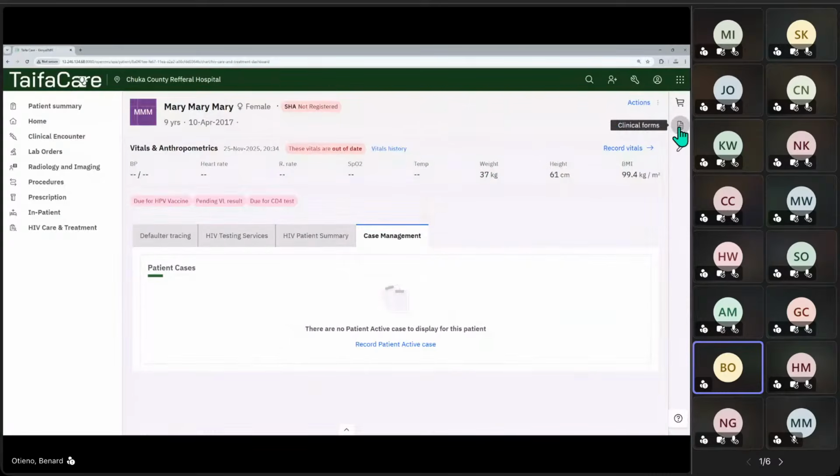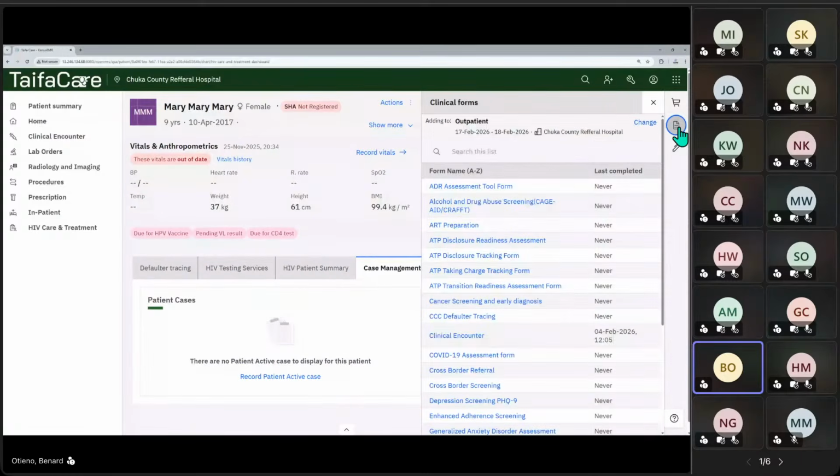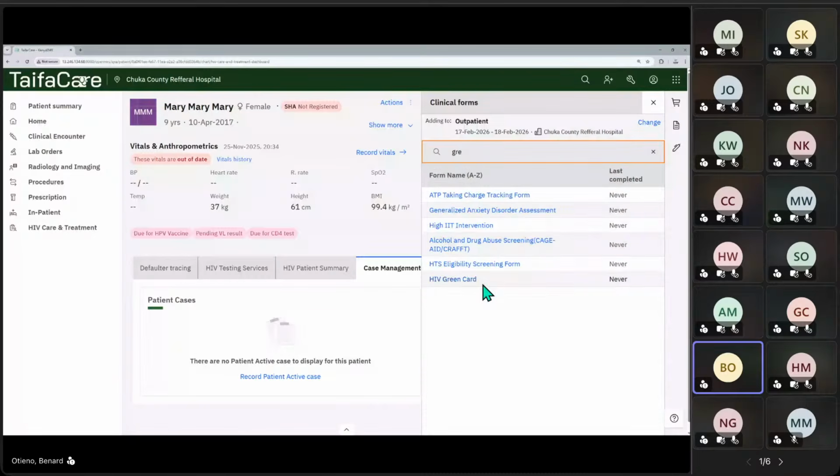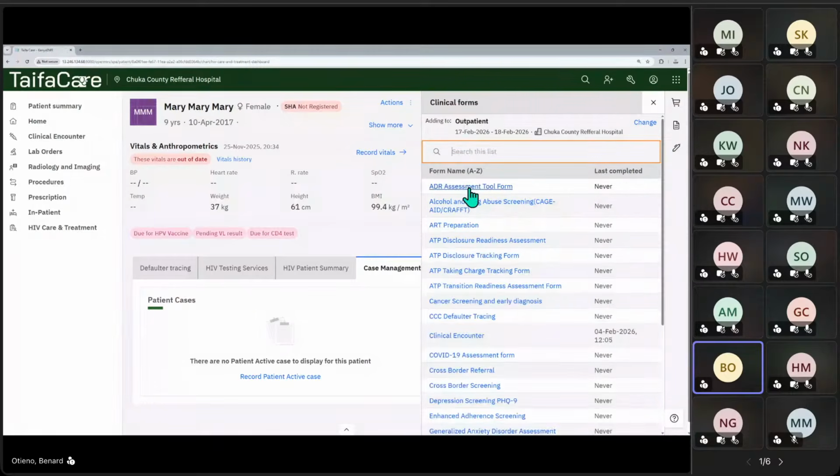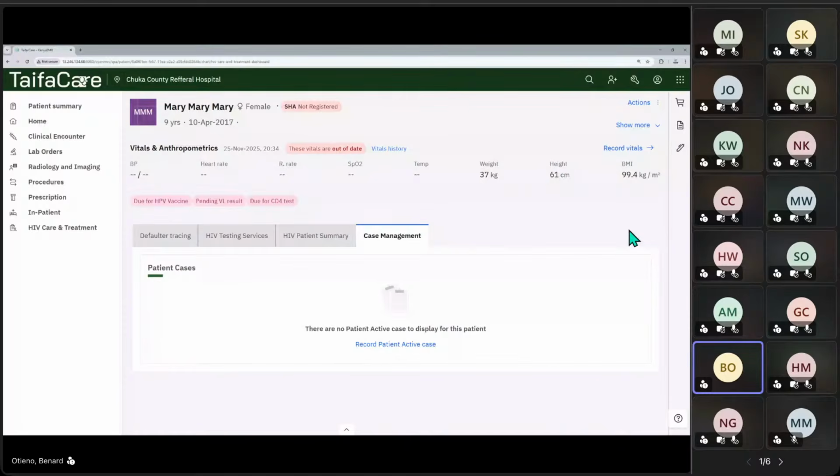Then we also have the clinical forms that you interact with. They are all available here. Like if you want the green card, you'll find the green card is still available somewhere, especially for HIV patients. You'll see that we still have the green card and all the forms that pertain to HIV management and also for general patient management. So that still remains. And lastly, we still have the visit notes, especially for additional notes that maybe the provider would want to add for this particular patient. So all in all, that is a summary of the navigation of the new